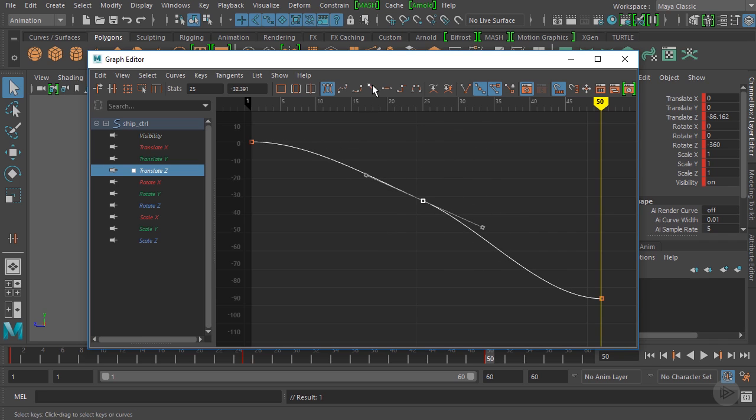All right, let's take a look at the linear tangent. Let's go ahead and select that on this keyframe. And basically what this is going to do is create as linear an interpolation as possible, which means it doesn't want to create any roundness to the curve itself. It doesn't want to have any type of overshoot that we saw in the auto tangent. It doesn't want to have any type of spacing adjustment. It wants the spacing of our animation to be as linear and as the same as possible between each